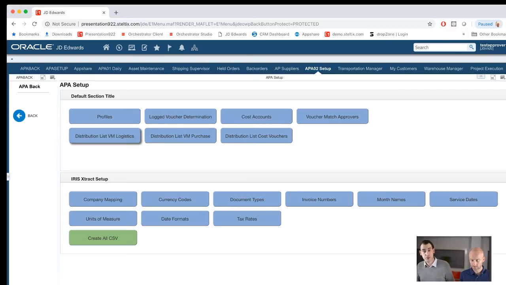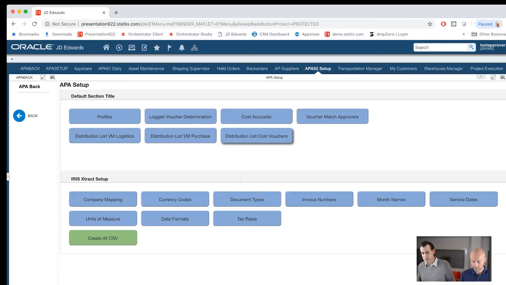There's a difference between the logistics, so differences on quantities. So when there is a difference on a quantity, you do a voucher match, and you want to say, hey, somebody has to look into that. Then you can create a distribution list for logistics who has to approve or reject, and make sure that those things are confirmed. And the same you have for the purchase side. That's basically on amount. So when you have a difference on amount, also then somebody has to look into it and say, hey, this is correct or this is not correct.